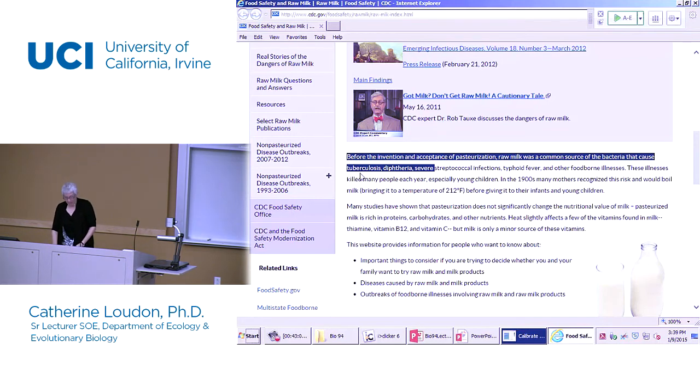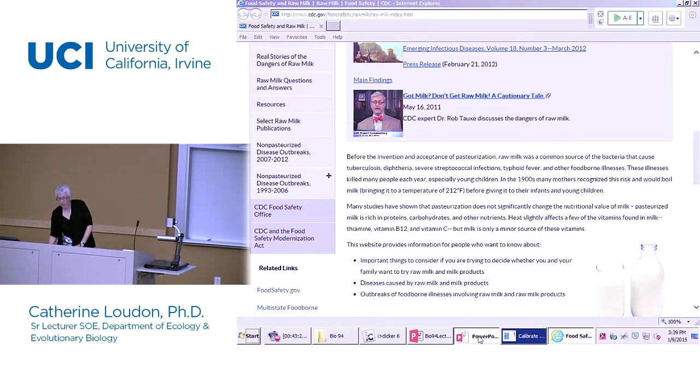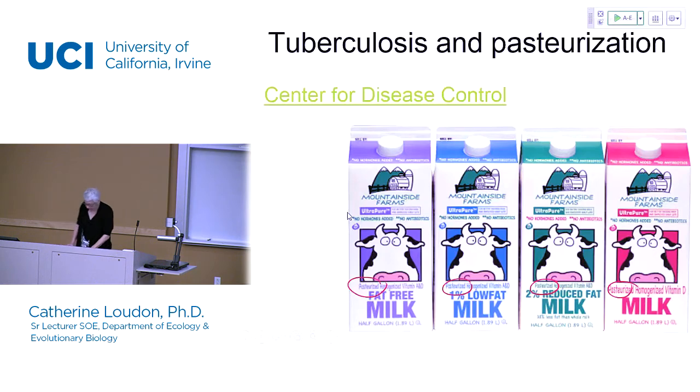And this is why the pasteurization of milk then protects us from tuberculosis if in fact the cows had the same bacterial species. So there are a variety of other kinds of diseases as well, but I thought you would find that interesting to link back to Pasteur. Anyway, let's